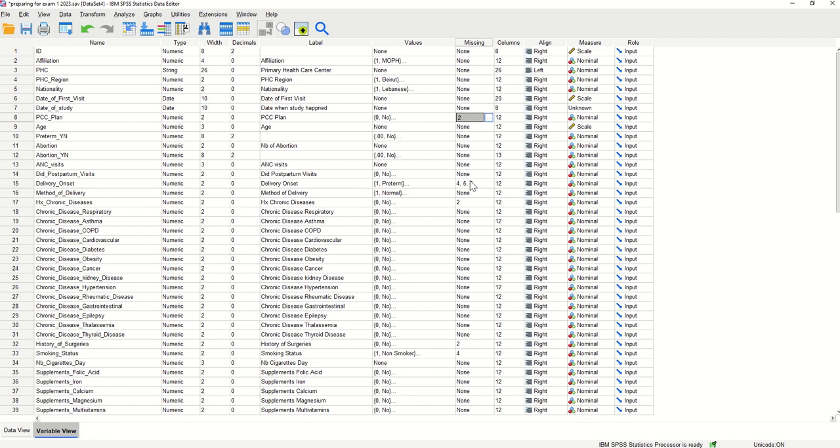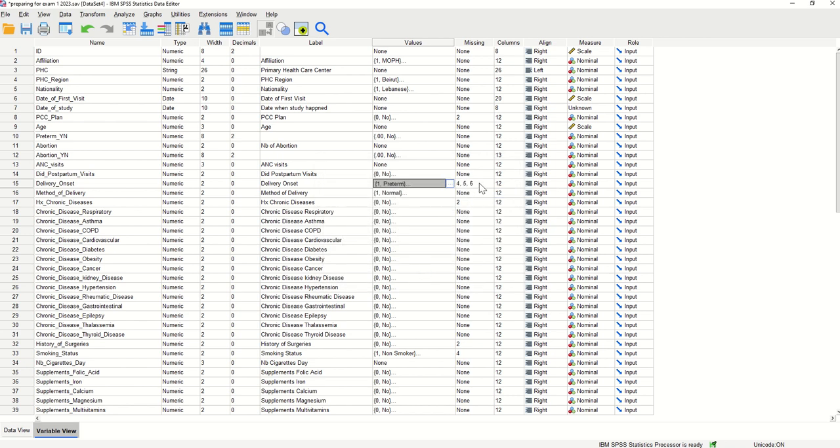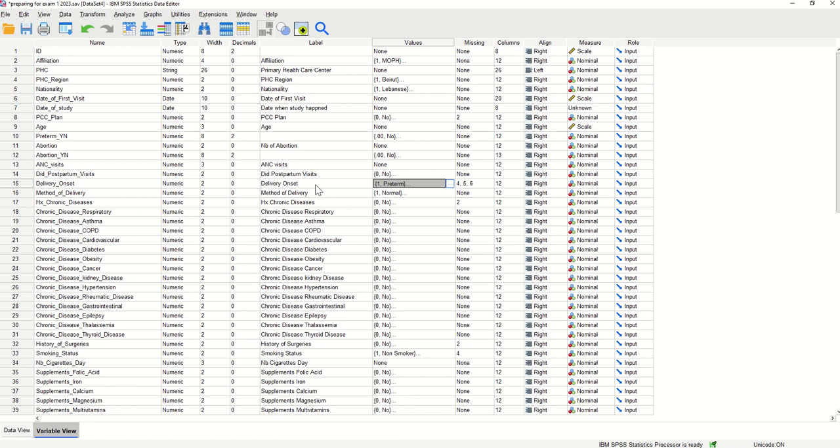You can actually see that we have some variables that already have missing values. If you look at this variable, it is called delivery onset, and the label is just delivery onset as well. If you look at the different codes, 1 is preterm, 2 is term, 3 is post-term, 4 is abortion, 5 is patient that did not follow up, and 6 is I don't know. For a specific reason, it was decided that the 4, 5, and 6 will be considered missing. So the abortion, the patient did not do follow-up, and the I don't know, all 3 were considered as